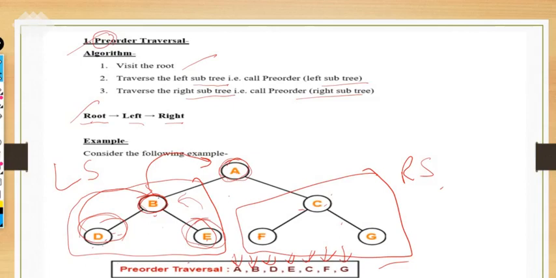In the left subtree, is there a further root or not? You have to traverse and write it. Then do the cross check. Is there any left present? Yes, then right. If there is not any left present, then move to the right. Is there any right present? Yes, then write it. If not present, then come back to the root.